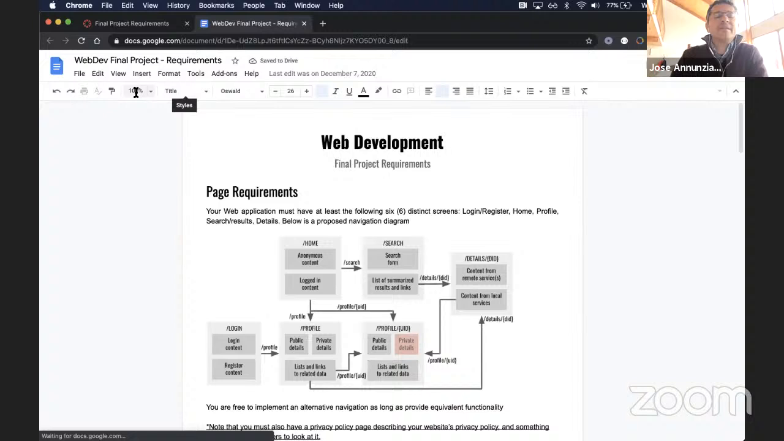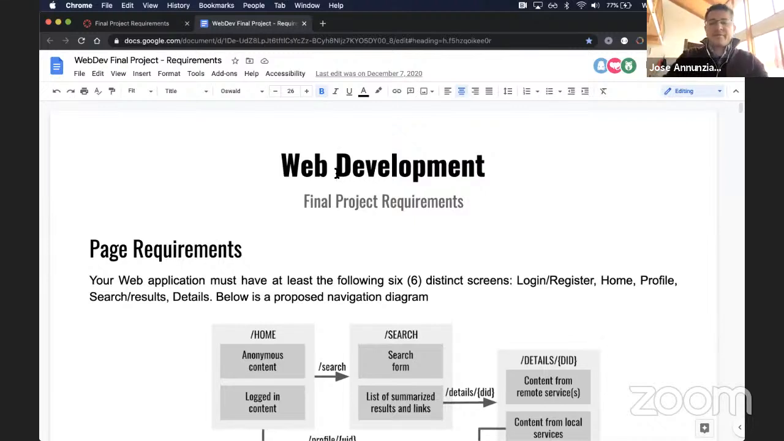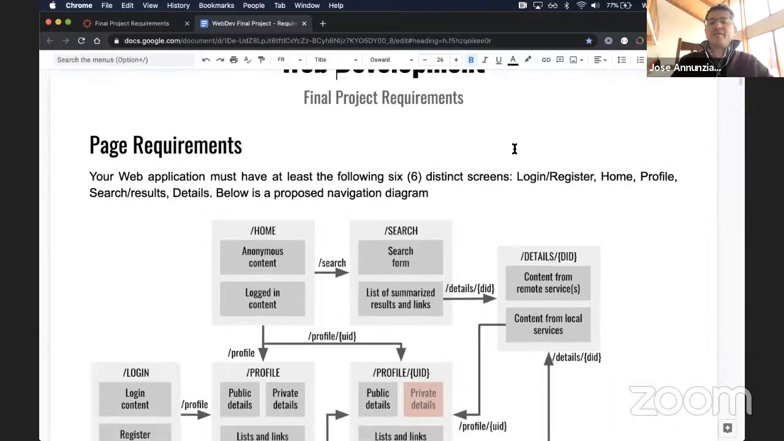Okay, so these requirements that I'm going to discuss, my intention is that these requirements are fairly generic, and that they should be general enough that most of you should be able to implement something within the confines of these requirements. Okay, so I would hope that 80 to 90% of you will find that you'll be able to build something within